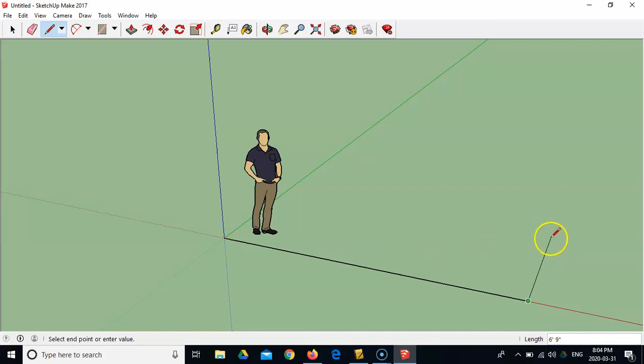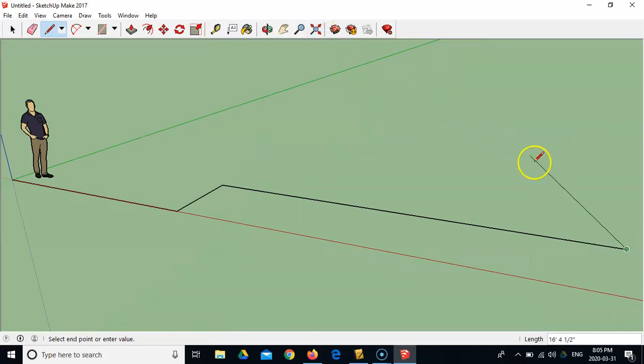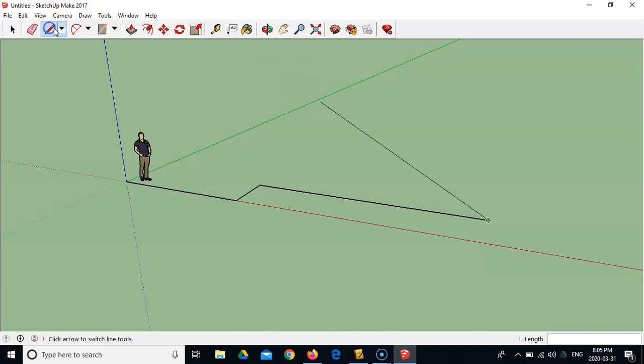Now go on the green axis. There's blue, there's green, and type in 5 feet. Press enter. And now we're going to go back on that red axis, type in 25 feet, press enter. I'm just going to zoom extents so I know where I'm at, and I'm going to scroll out or zoom out. You can use this button right here to zoom in and out as well. I'll get my pencil again, and we're going to draw now on the green axis 30 feet,